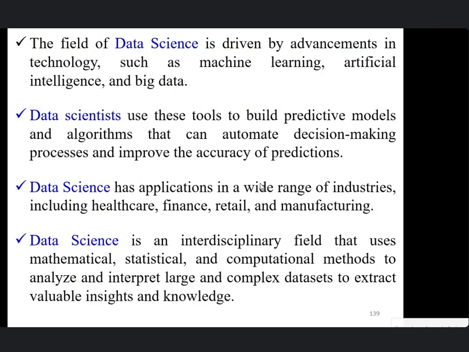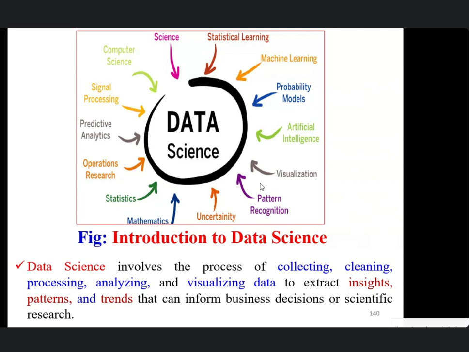Data science is an interdisciplinary field that uses mathematical, statistical, artificial intelligence, machine and deep learning, computational methods to analyze the data, to interpret large complex data sets to extract meaningful insights and knowledge from the huge volume of data. That's why data science consists of various terminology and jargon, like it relates to computer science, signal processing, predictive analytics, operations research, statistics, mathematics, uncertainty, pattern recognition, visualization, artificial intelligence, probability models, machine learning,